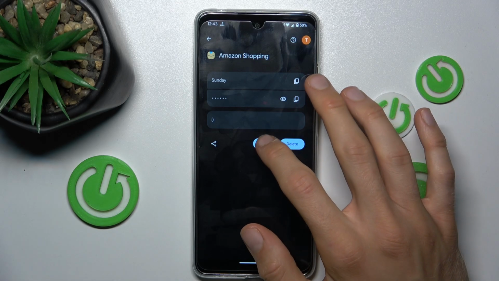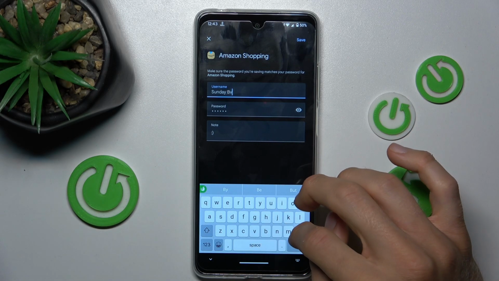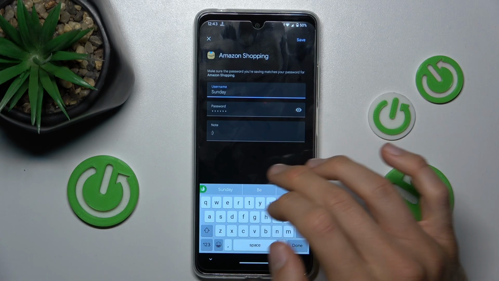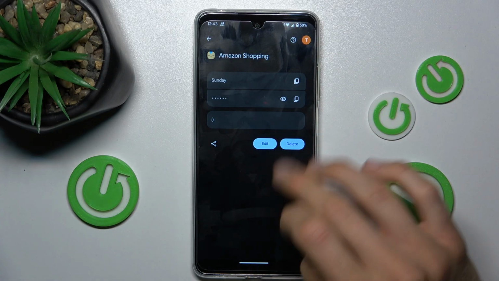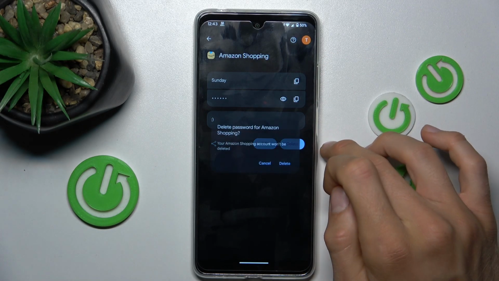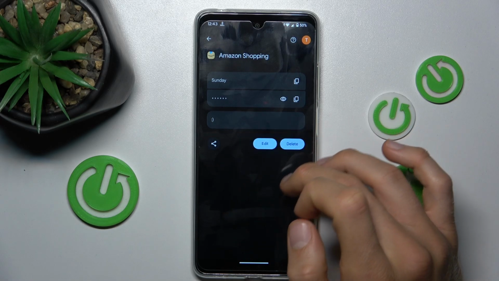You can also edit all by tapping on edit, and you can add something in username, passwords and note. After you change something, remember to tap save. You can also delete what our smartphone remembers by delete and confirm it by delete, or share it by this